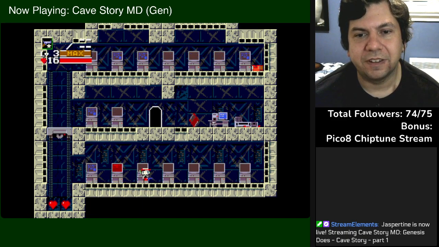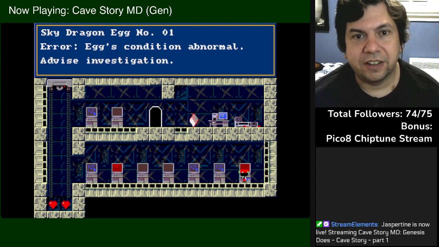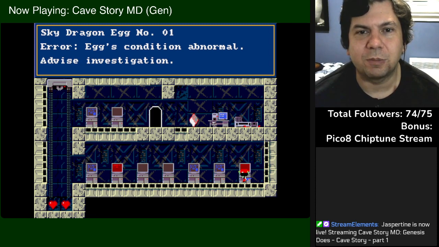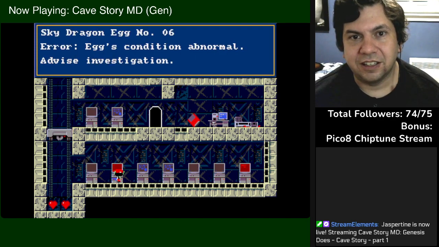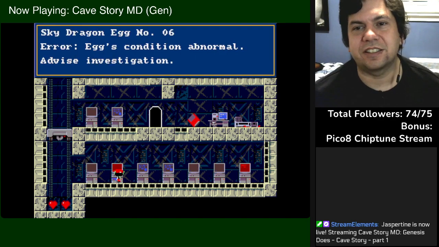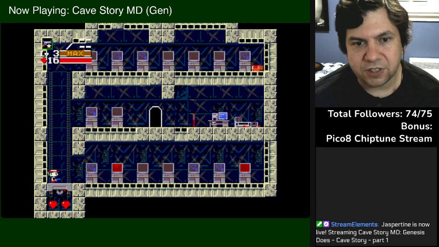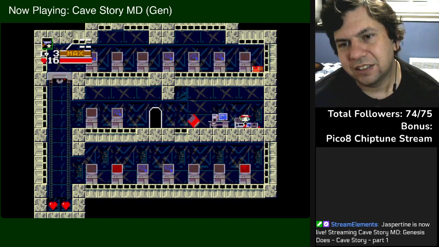Oh. We got a couple red screens down here. Sky Dragon egg number 1. Egg condition abnormal. Advise investigation. Sky Dragon egg number 6. Condition abnormal. Advise investigation. So those are the 2 eggs that we can just...